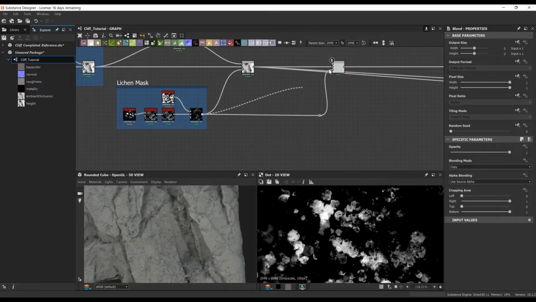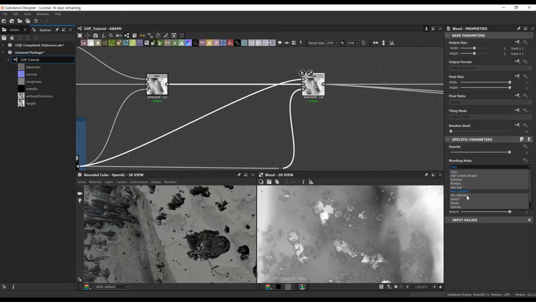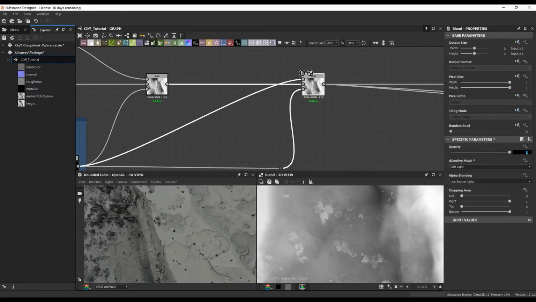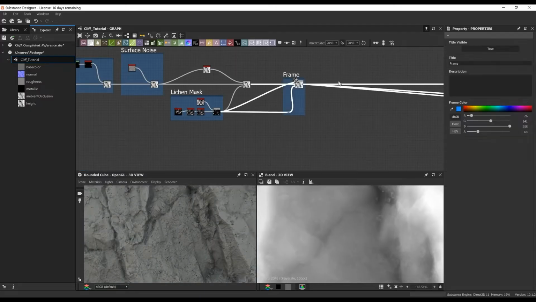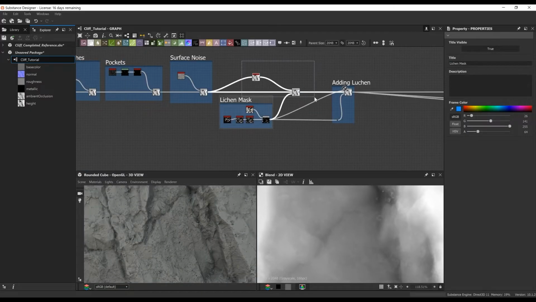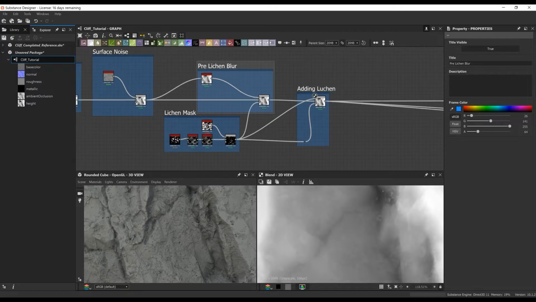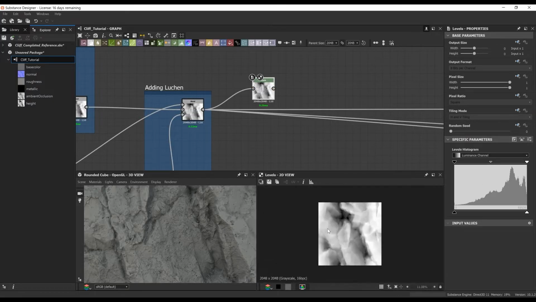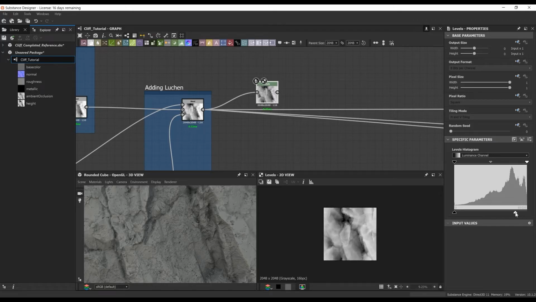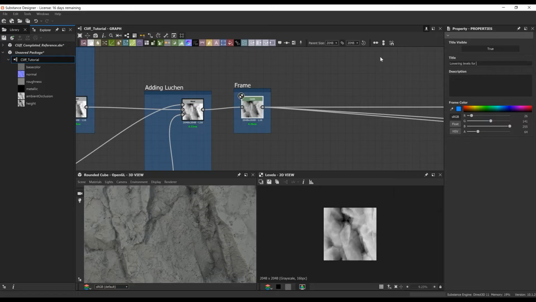What I like to do when I'm layering stuff on top of materials is add a pre-blur. What this pre-blur does is blur the underlying area where the stuff is going to be added, and it conforms to the shape of the cliff. So if you have these ridges, anything you add onto it is going to conform to that shape rather than just laying completely on top of it. So that's what you saw me doing there. Once I had that pre-blur, I added another blend and added that original mask on top of itself.